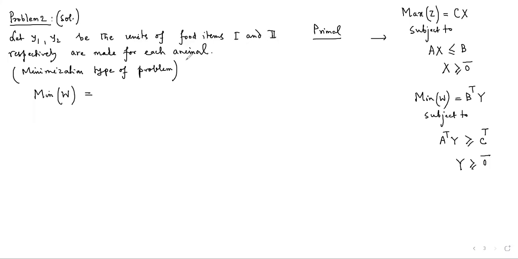So y1 units of food item 1 will have market price 3y1 and y2 units of food item 2 will have market price 2y2. So the total cost of the food items together will be 3y1 plus 2y2, subject to,